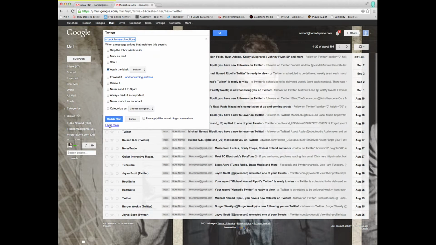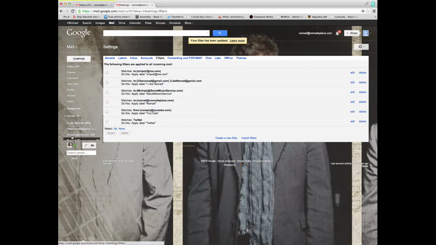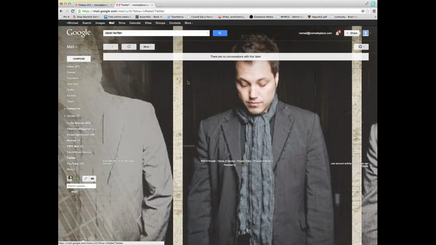And it could just be too, if you know that there's some emails that have Twitter in them and they're not showing up in your new filter, it could just be that your parameters are too specific. So you want to go back, go to settings, and then inside this one here, you can press